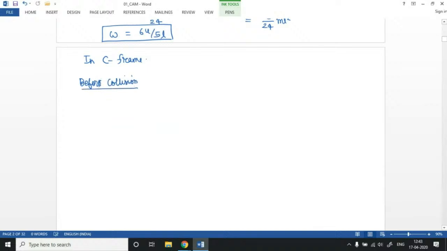will look like this. Say this is the rod and this is the particle. In the ground frame it was moving with u velocity. So in the center of mass frame, this will look like it is moving with u by 2 velocity, and this is moving with u by 2 velocity. So this is how it will look in the center of mass frame. Okay, this is the condition before collision, and the condition after collision